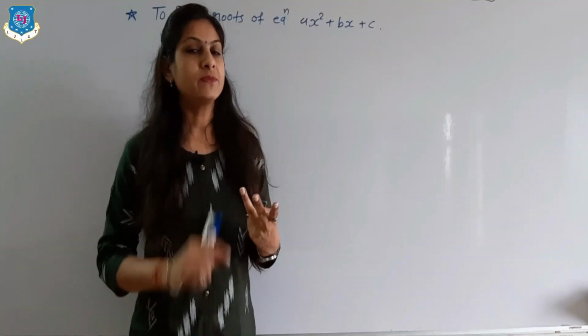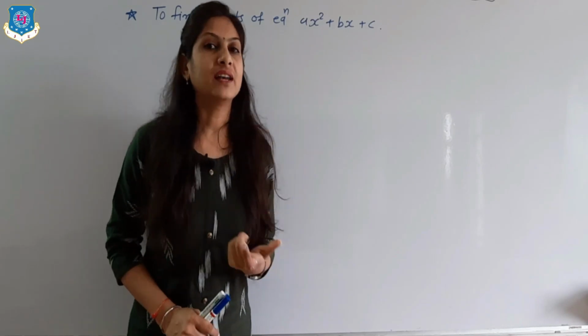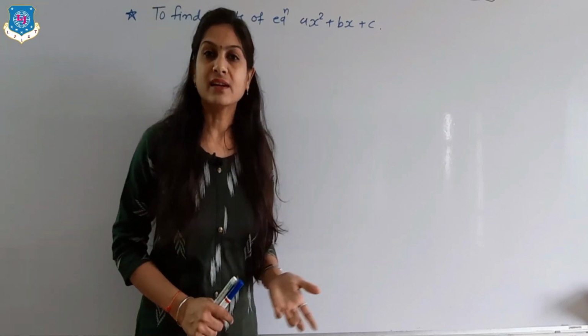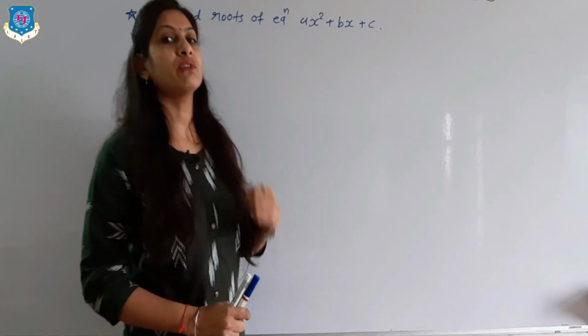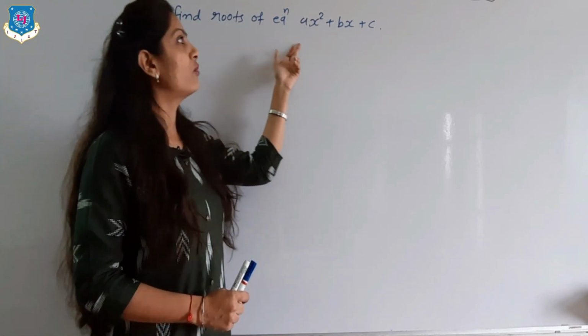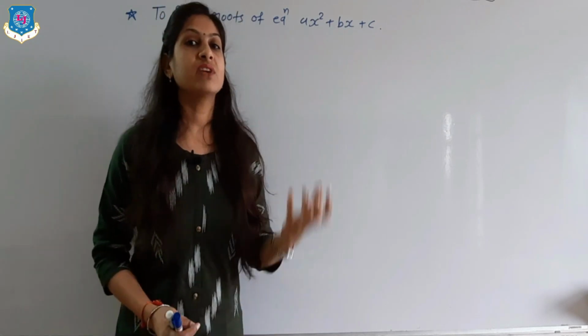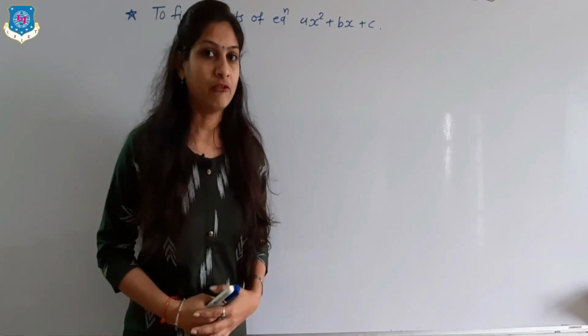Different types of problem: simple, conditional and repetitional. Simple and conditional, how we can solve using algorithm and flow chart, that is already discussed. So now today I am going to start with one new example, that is to find the roots of equation ax square plus bx plus c. In this we have to use simple plus conditional, two methods in one problem.